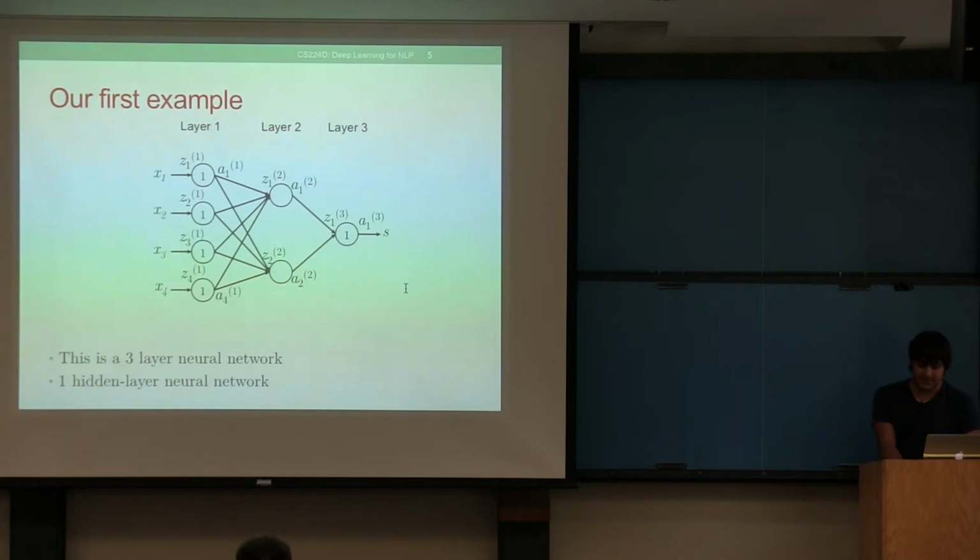Anyway, so this is the first example I'm going to be working with. It's a really simple one. It's from the notes, so if you've read it, you should be familiar with everything we've done in it. This is simply a 3-layer network. There's one hidden layer with 2 units over here.